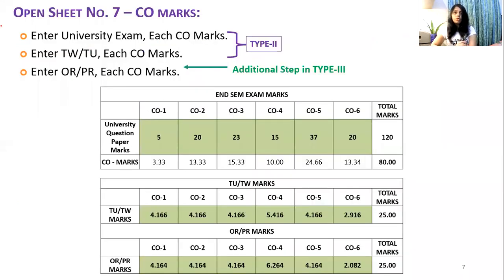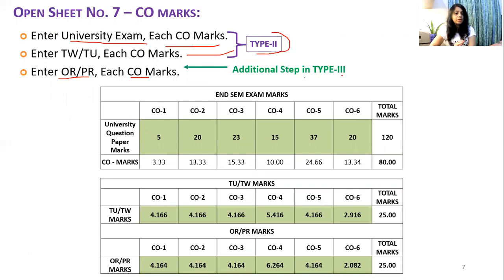Now what you have to do? Open sheet number 7. In sheet number 7, you have to enter the university exam each CO marks. This I have already explained in type 2, so refer to that and enter these marks. Enter term work and tutorial for each CO marks. This is also explained, so do it accordingly. And then here you have to enter oral practical each CO marks,